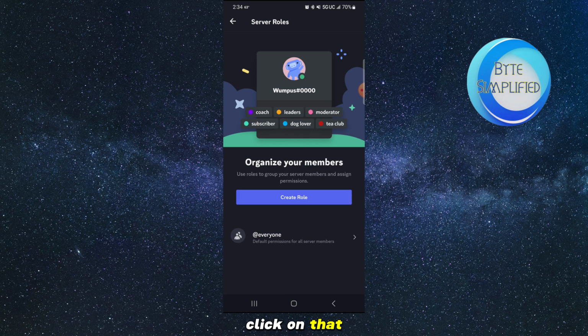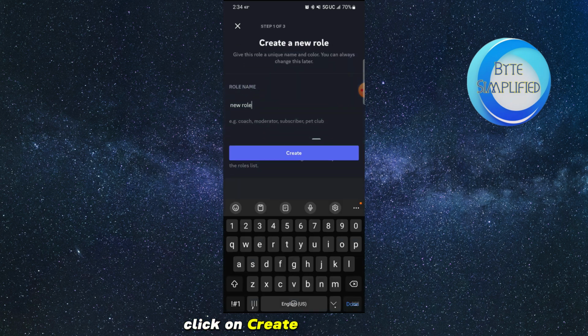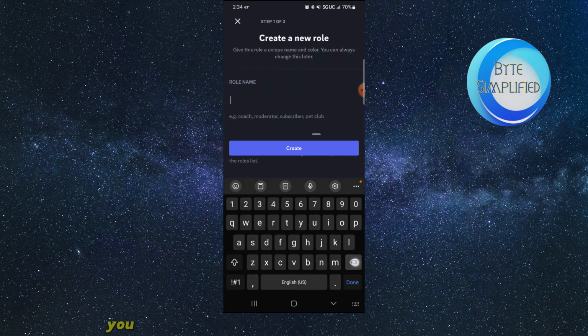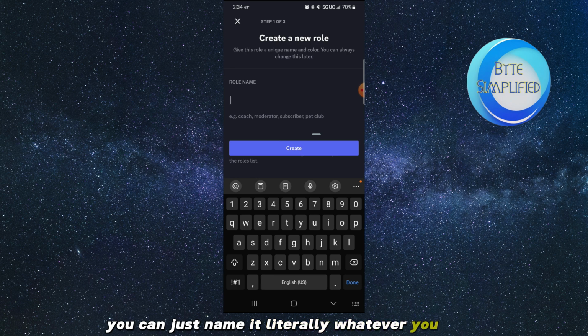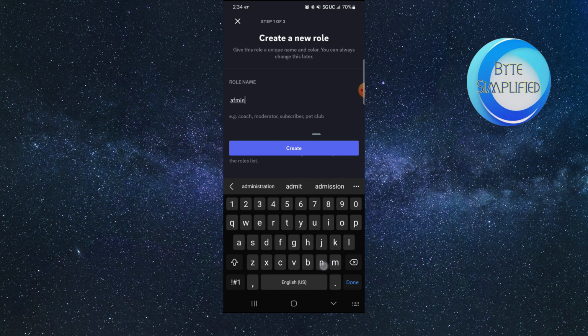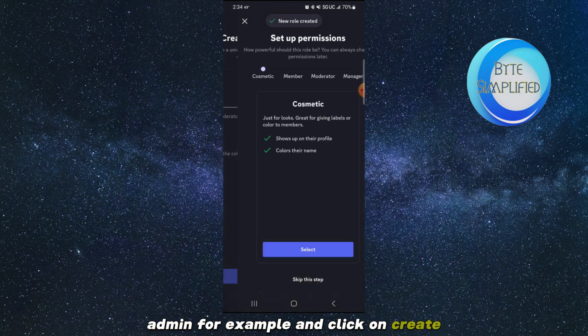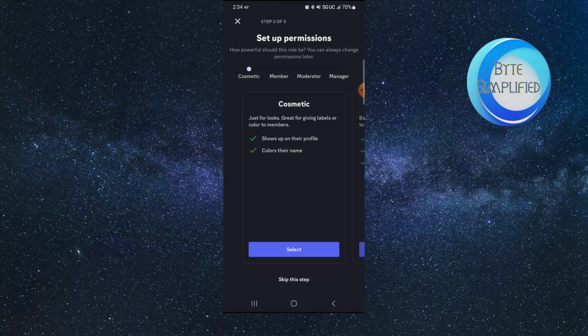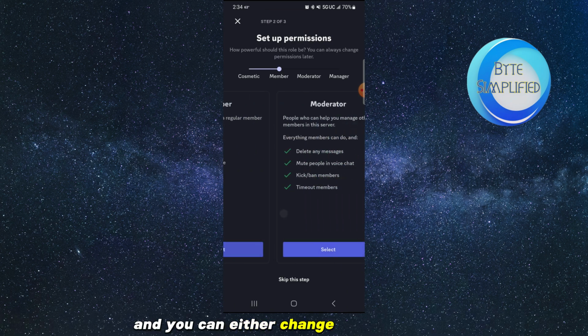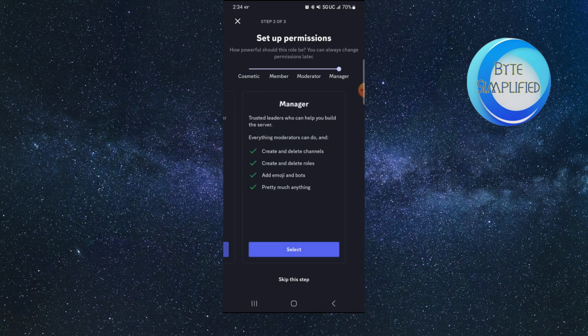Click on that, click on create role, and here you can just name it literally whatever you want. Just do admin for example, and click on create. And you can either change up how it looks and everything,